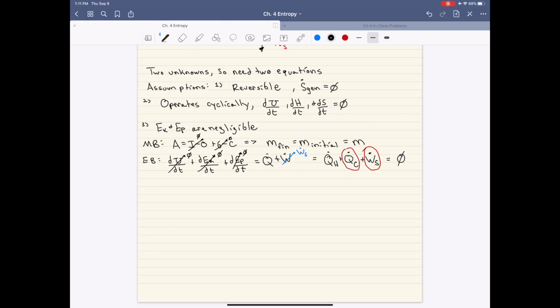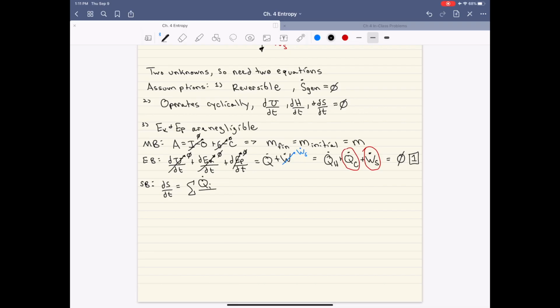And so what I'll do is I'll save this equation for later. I'll call this equation 1. All right, and so with our energy balance, we don't have complete information yet. So the next thing I'll do is just move on to the entropy balance. Once again, we'll use the rate form of the entropy balance,